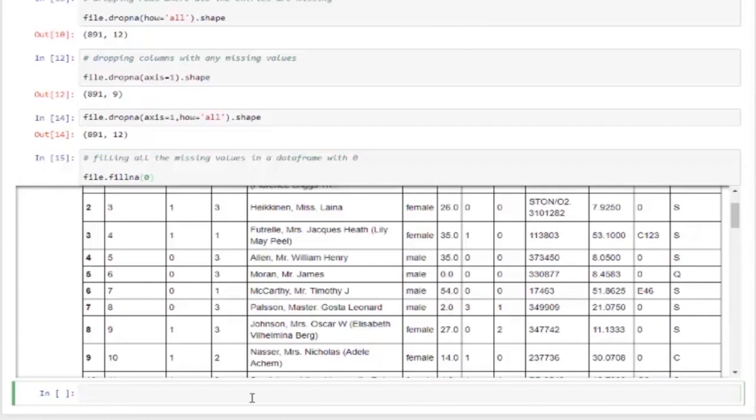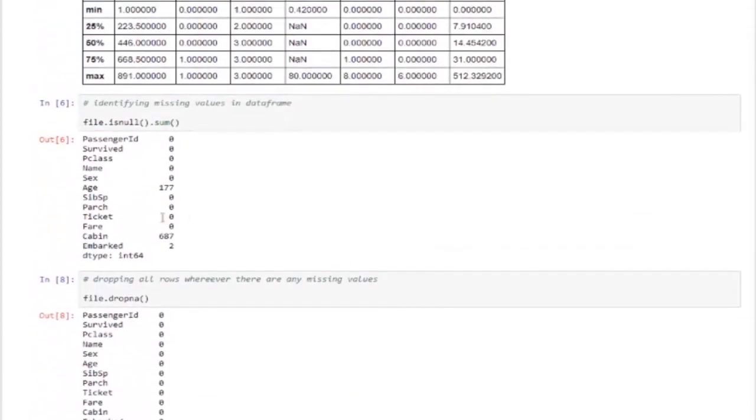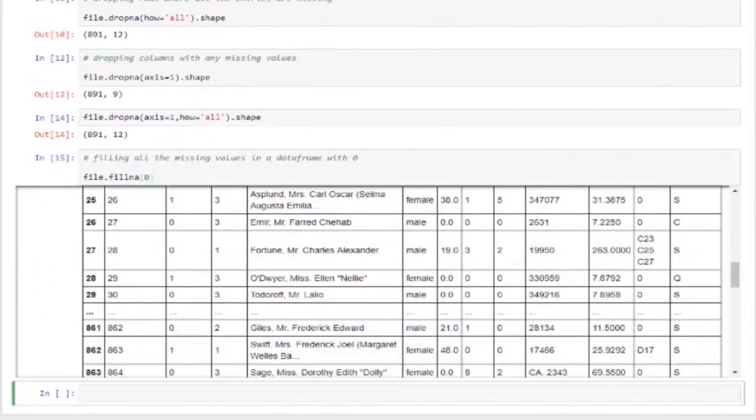Now this command has replaced every missing value in the entire data frame. What if we want to fill the missing values in a particular column? That can also be easily done by just accessing that column and using the fillna function. So let's impute the missing values in the age column with 0.